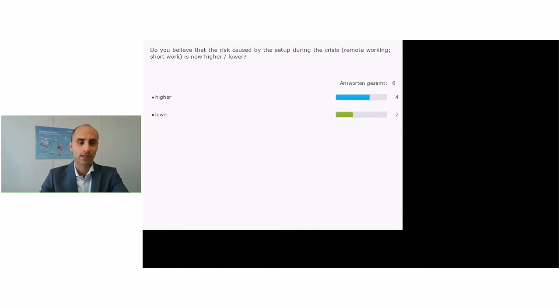And of course, I have a slight expectation of the direction of the answers. Let's see if I'm right. Yeah, that looks good. So I think the direction is clear here as well. Yeah. So of course you believe that the setup is causing a higher risk, which is some kind of